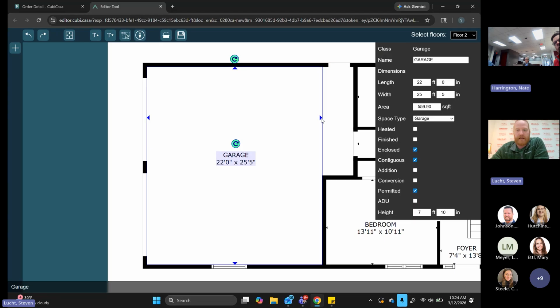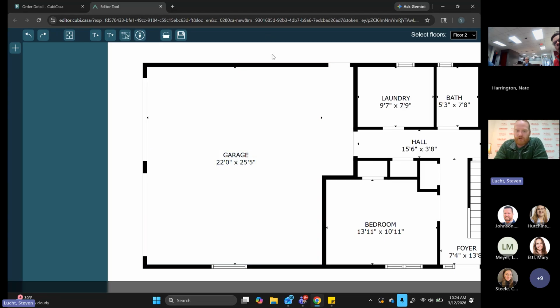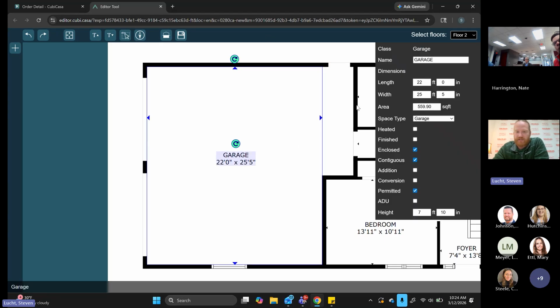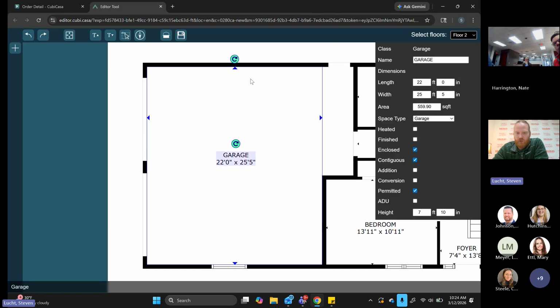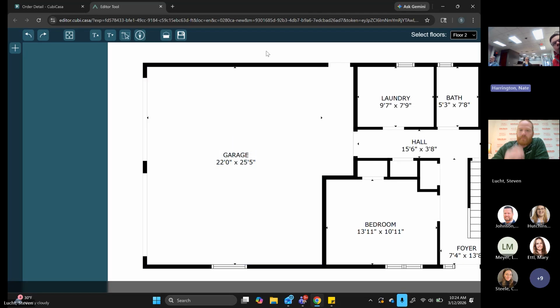I think if you want to pay for the added, you probably could get it a little bit more accurate, but I just did it this way to be more on the safe side, and people can see when they're in the garage, oh, there's space here, and you can still see it on here. But yeah, it doesn't let you just do an irregular shape from what I've played around and worked with. Yeah. And I think for that area that's outside the garage there,